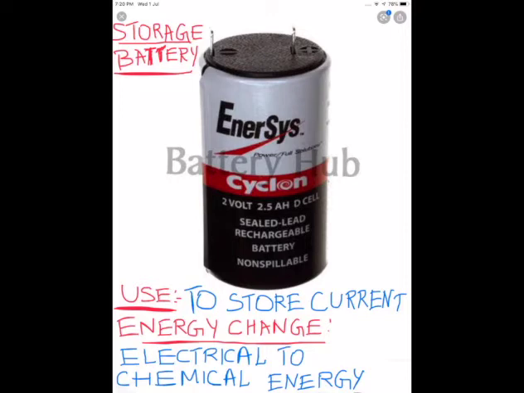There is a non-storage battery also, which is just used once and we can throw it. Correct? What is the energy conversion there? Chemical energy is converted into electrical energy. Okay, so there are two types of batteries. One battery you can use as a storage battery. The second battery, once it is used, you cannot reuse. For example, the battery that is used in clocks.